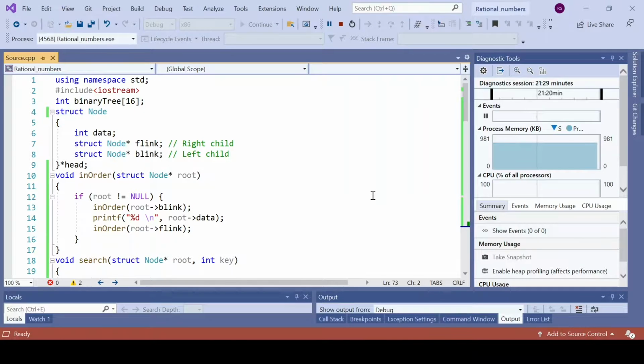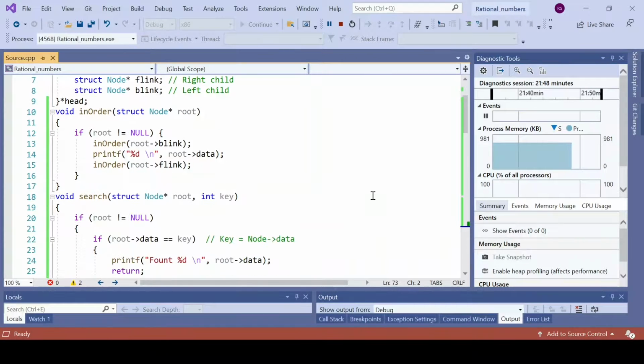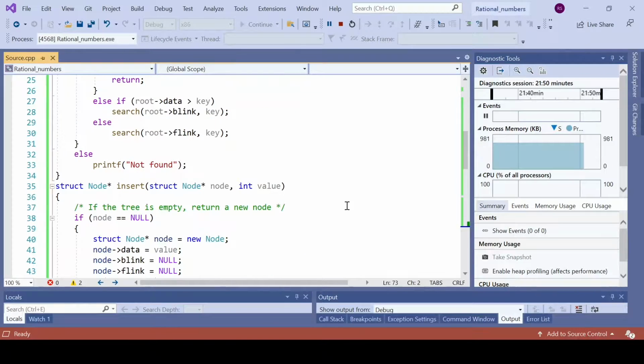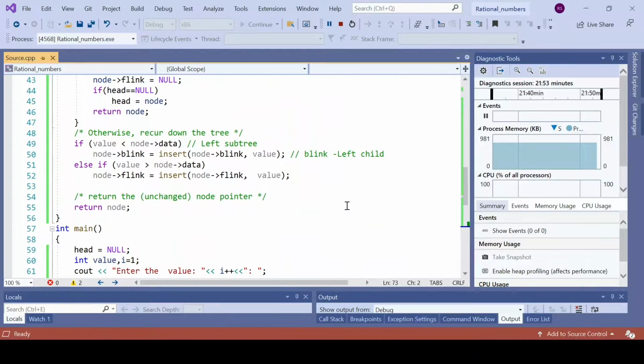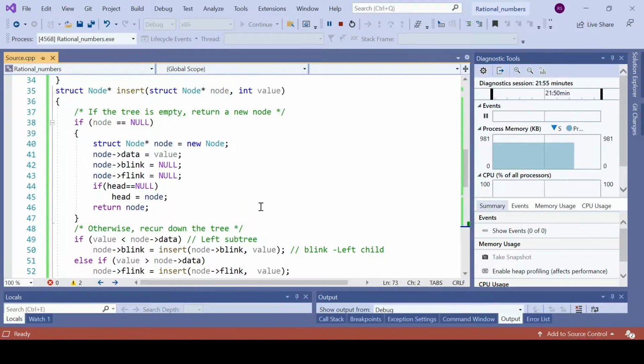So we can't just implement a binary tree which just inserts all the values. We need to ensure that the values are either directed towards the left subtree or towards the right subtree depending upon their comparison with the parent. That is the essence of binary search tree, and so I'm going to show you the main part of the program, which is the construction of the binary search tree.